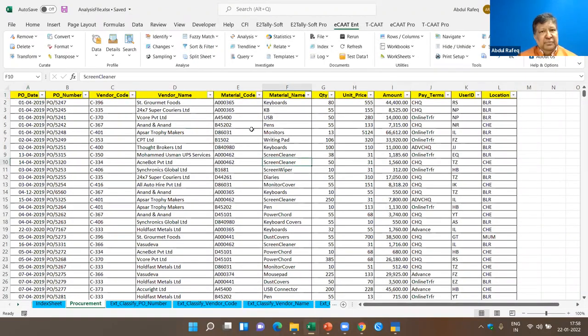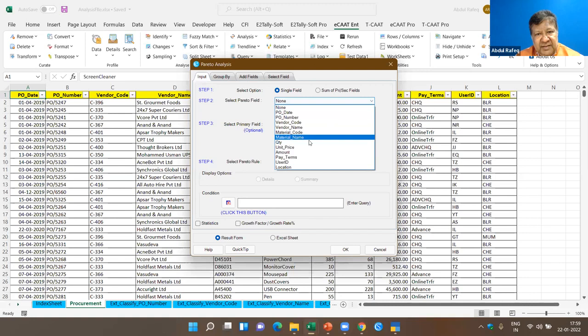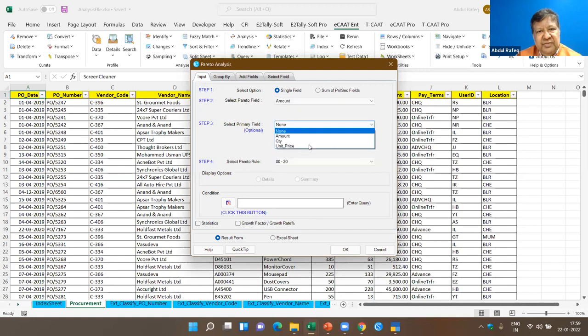Now let's say of all the sales which has happened, I want to do what is called as a Pareto analysis. Okay, now let's say of the vendors from whom you're buying, who are the top vendors from whom you're buying? Okay, so in this case, what I'll do is I select the Pareto field, which is the vendor name. Okay, when I say okay, now based on each of the vendors, it tells me